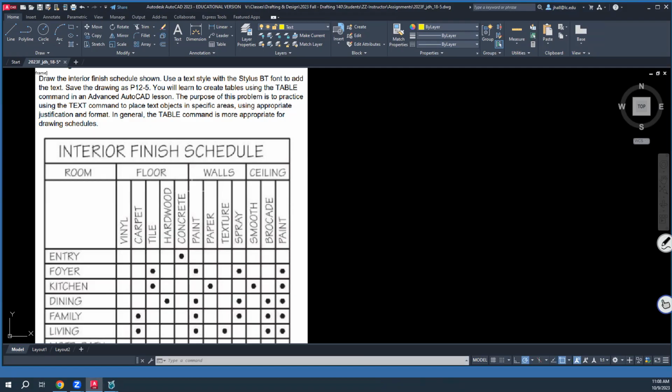So it wants us to draw this schedule. And normally people, and I want you to watch me for just a moment. Back when I first started using AutoCAD many years ago, we created schedules strictly by using lines and rotating text. So